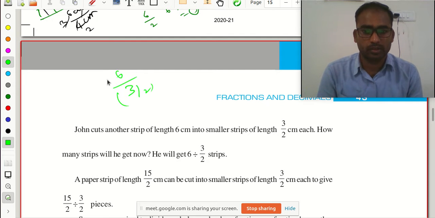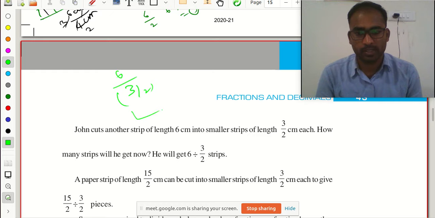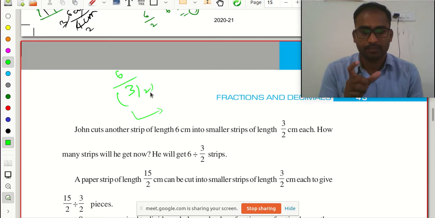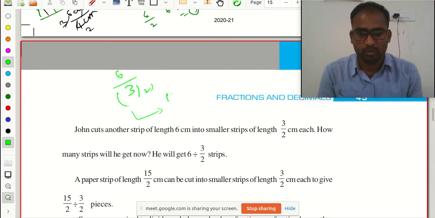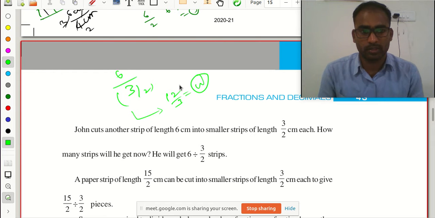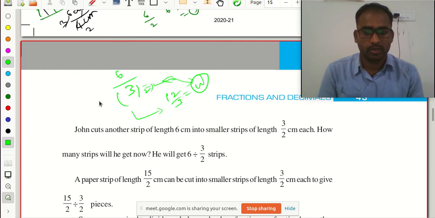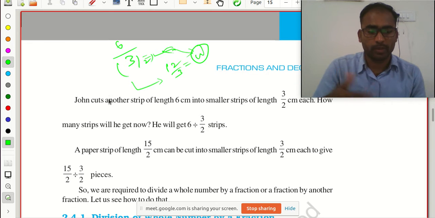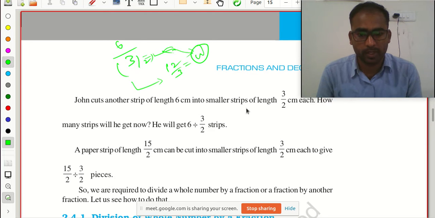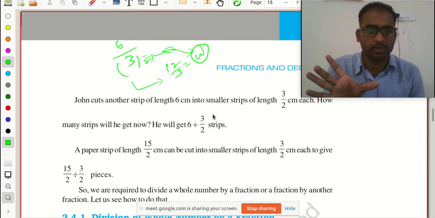If you are dividing your strip length by the fraction 3 by 2, then what will you get? Each paper strip has a length of how much? 12 by 3 means you will get 4 parts. Each length is 3 by 2 centimeters. Clear? Next, suppose one paper strip has a length of 15 by 2 centimeters, means 7.5 centimeters in